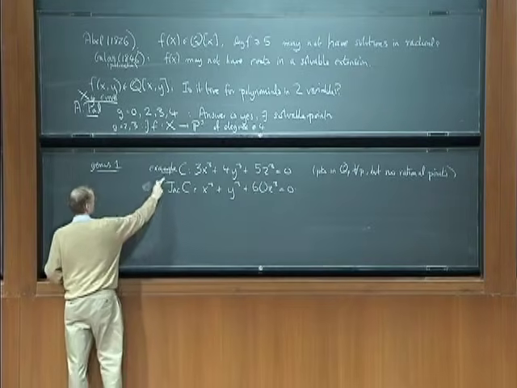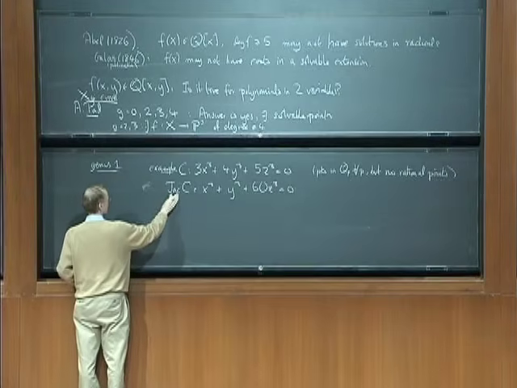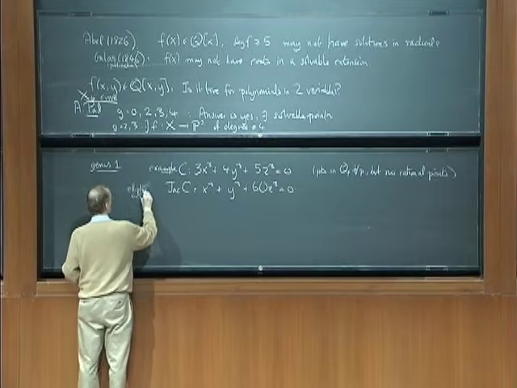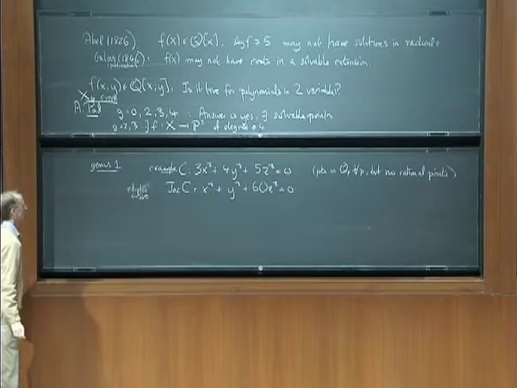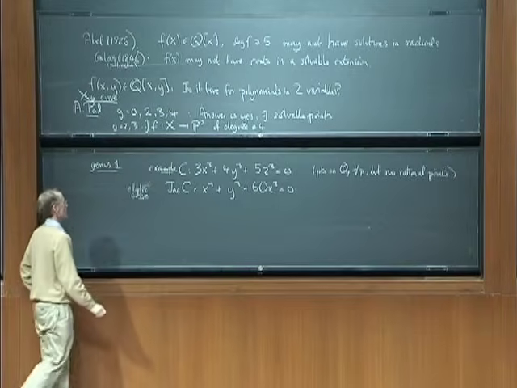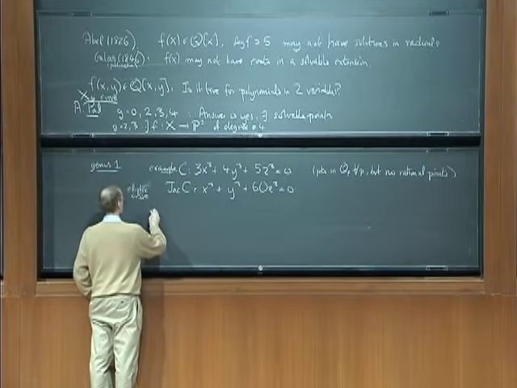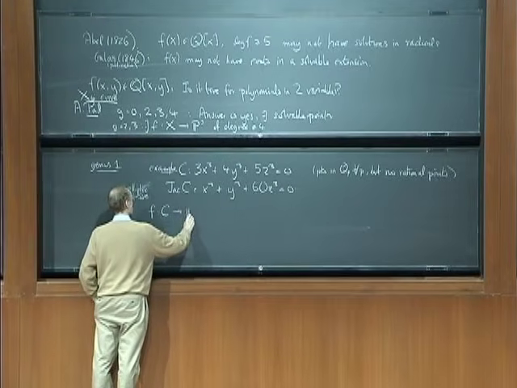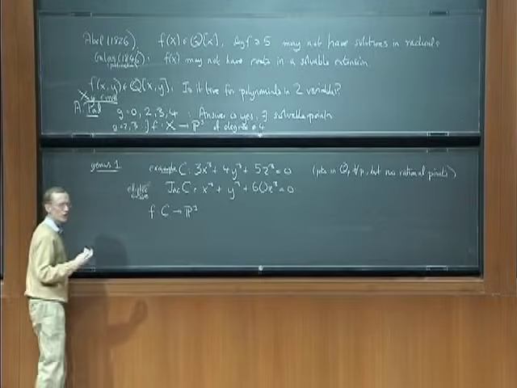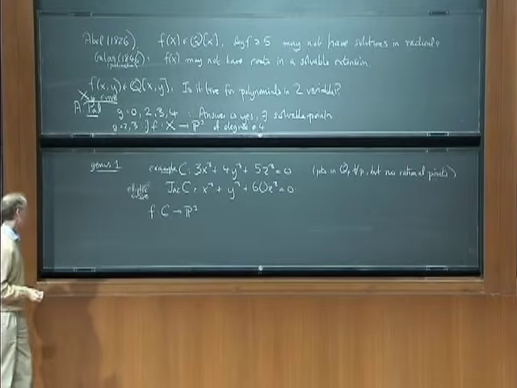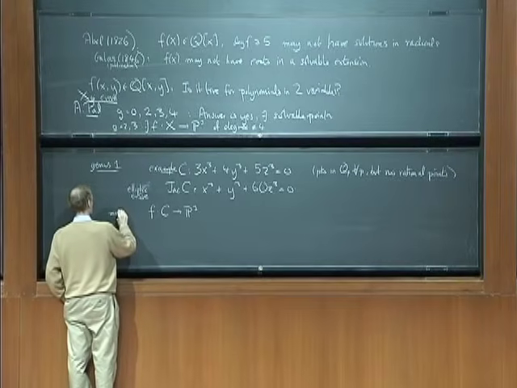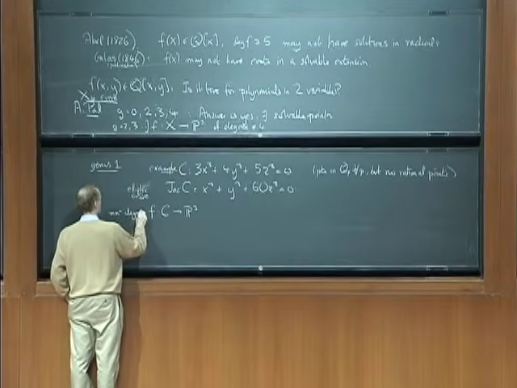Okay, so this I'll refer to as a curve of genus 1. This one, when it has a rational point, I call an elliptic curve. So one of the interesting things about genus 1 curves is if you just try to find a map to P1, and you might ask for the minimum degree of a map to P1,